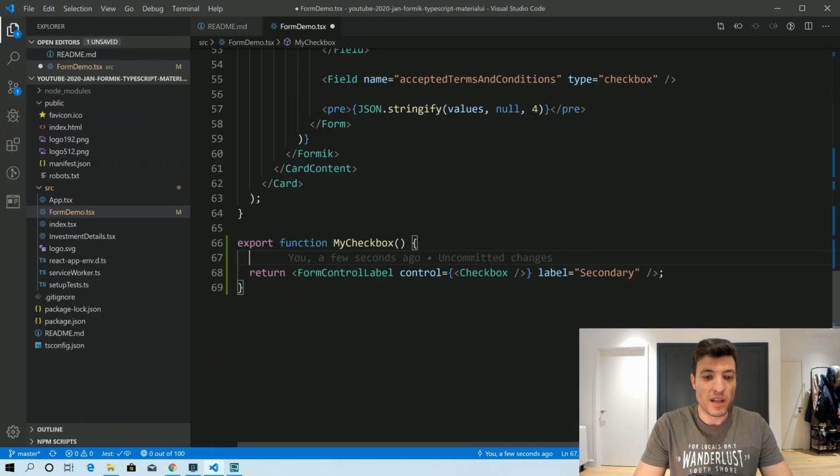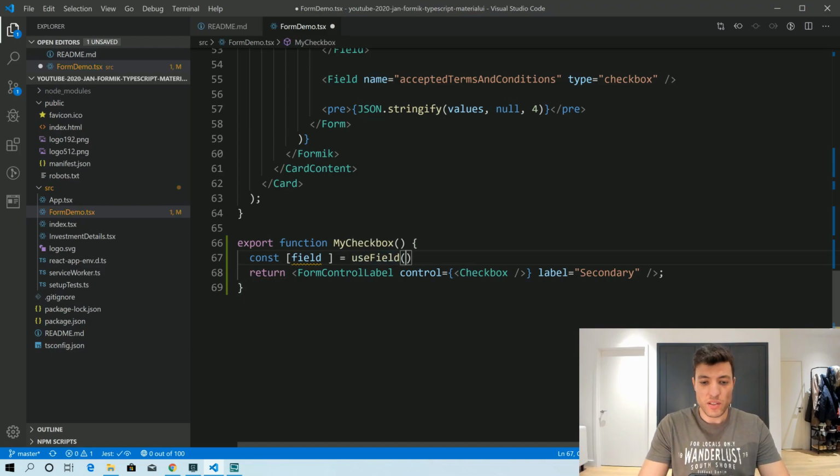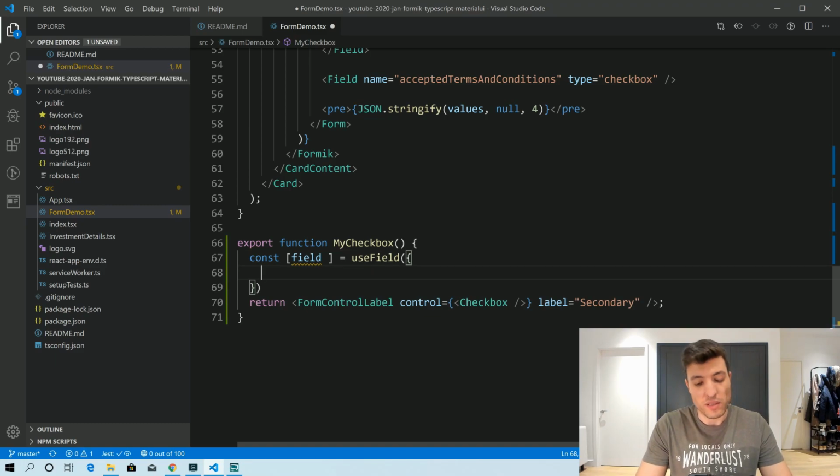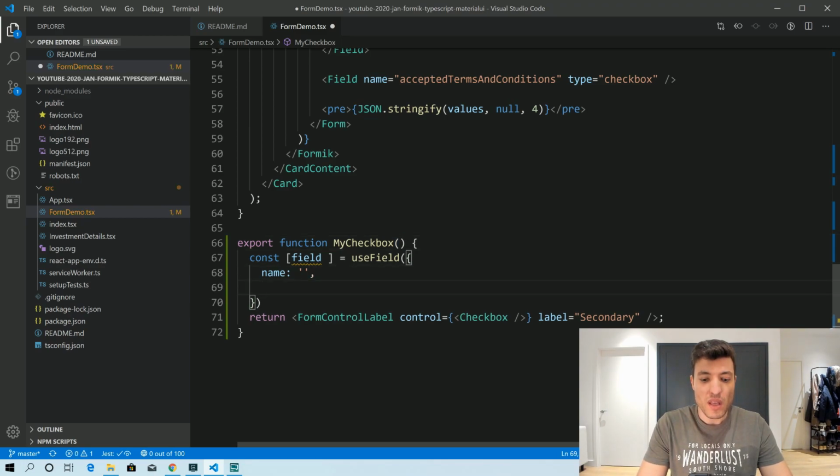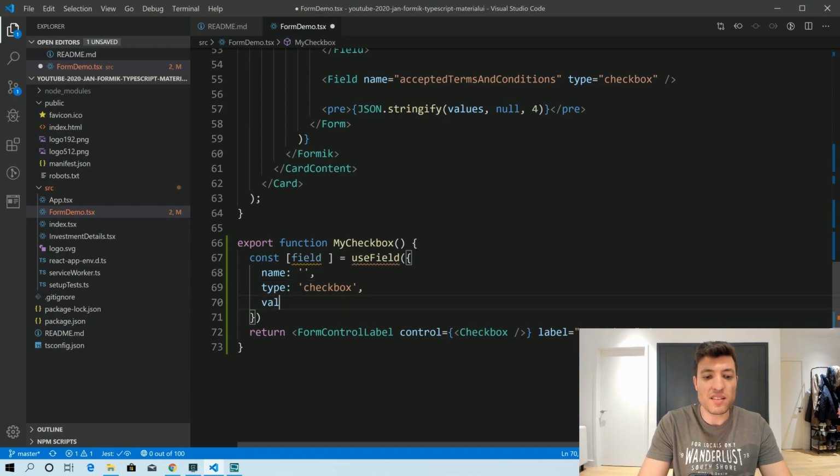Okay, but we can come here and use const field meta. We will not even use meta for now. We don't need that. So useField, and in order to use it, it needs to receive two things at least. Well, one thing is mandatory, which is the name. We don't have it yet. We will put it here as parameters, but we need a name. We need a type. In this case, it will be checkbox. If we don't say the type, it will assume text by default. And the last thing is the value,